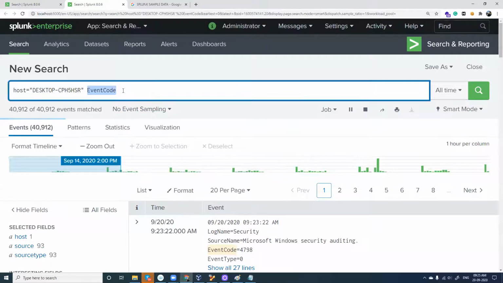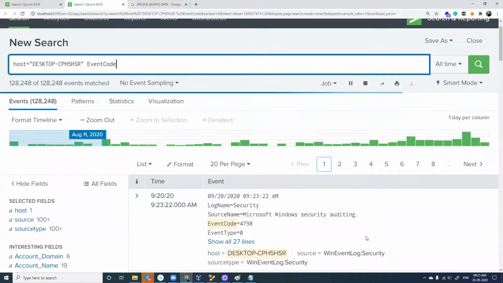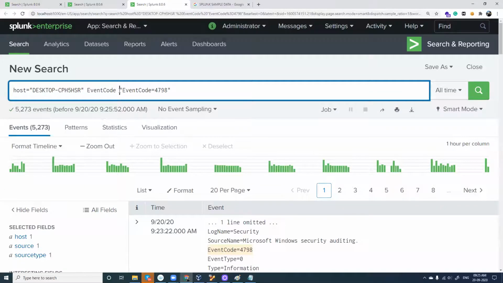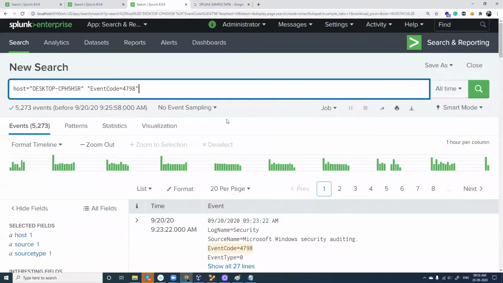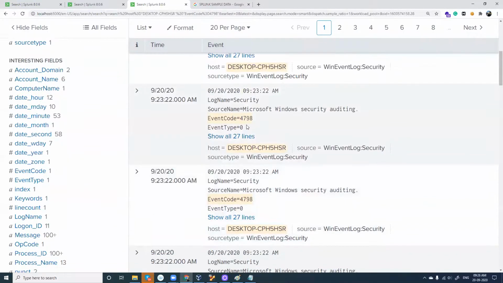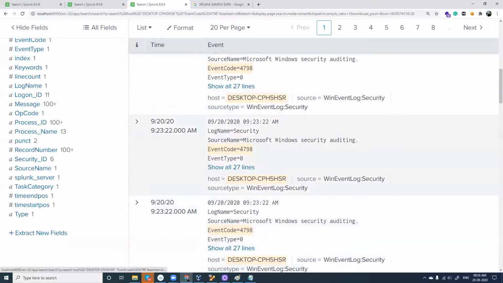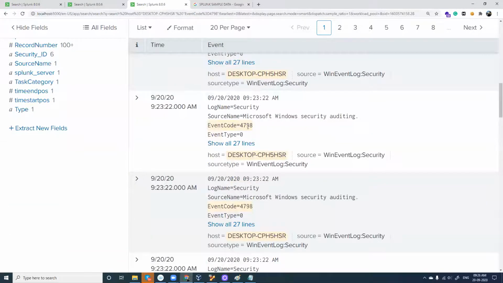See here, now the event code keyword is added. In case you wanted to mention a particular event code keyword, I'll again add this to search. So now it says event code is this, and search. So now the log files I'll get are only for that particular event code. And in case you find this event code for an attack which has happened, you will be able to retrieve all the information: the time of attack, what has happened, from which IP you got this attack. Every detail with regards to log files will be shown in Splunk.